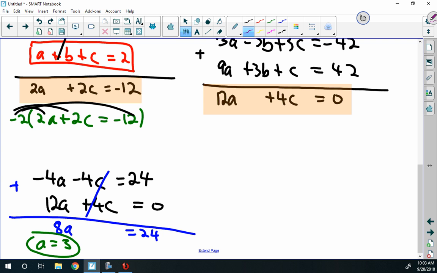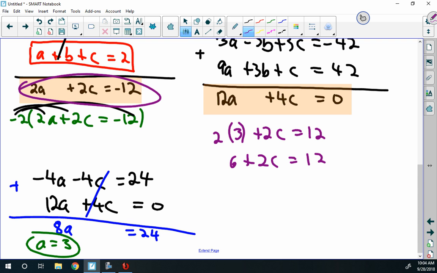Maybe we want to use this equation here to find a? Can we go back to that one to find a? Or we just found a. I mean, to find c. So we'll go back to that one. So 2 times 3 plus 2c is 12. So 6 plus 2c is 12. So 2c is 6, and c is going to be,